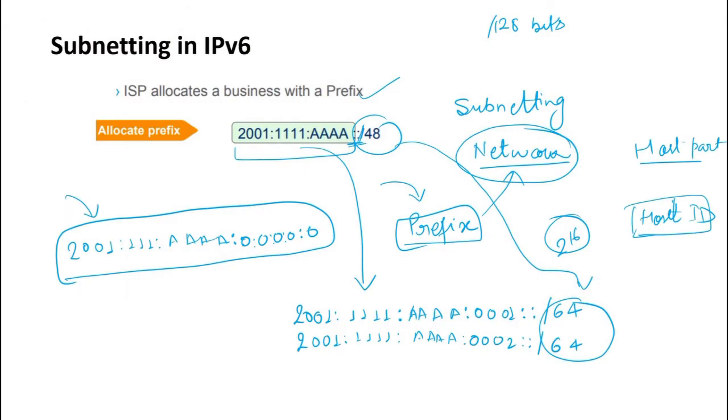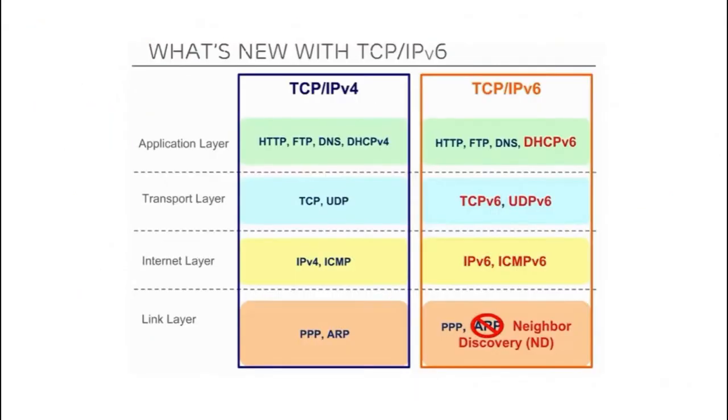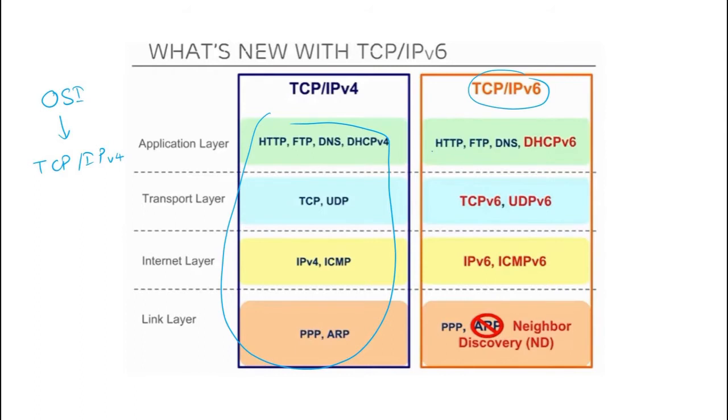So this is it. Let me go further. That's the more thing, what's new in TCP/IPv6. If we compare the TCP/IP protocol suite, because we used to learn the OSI model first, and after the OSI model we are working on the TCP/IP model, correct? If we are using the TCP/IP version 4 protocol suite, we are using these protocols. And if we are using the TCP/IP v6 protocol suite, then some of the protocols are being replaced,